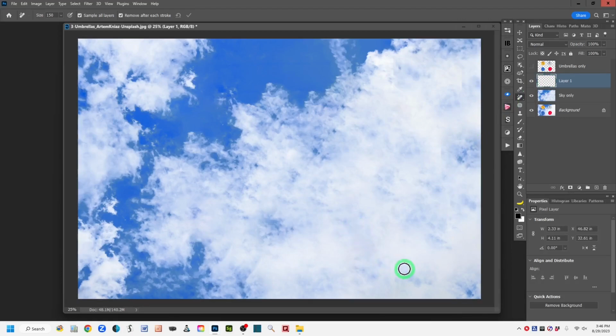Let me just paint over one of them. Am I seeing too much of the same kind of shapes? And the remove tool will get rid of some of those overlapping or similar shapes